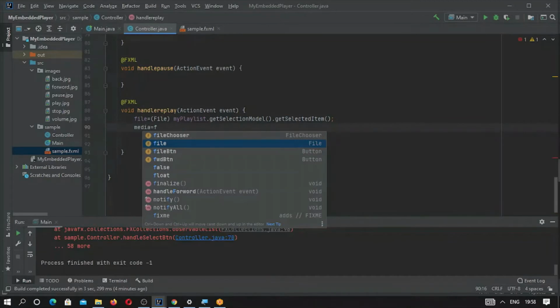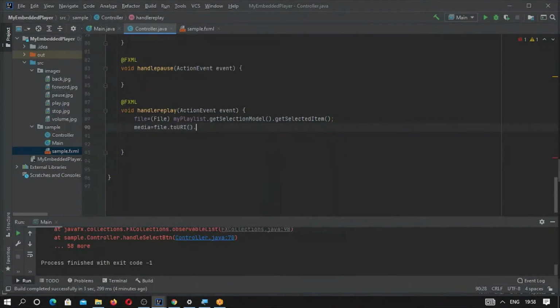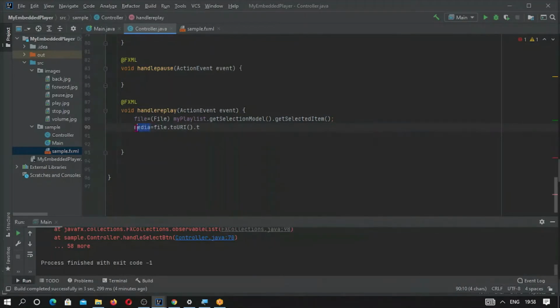So file dot toURI dot toString, a string source.